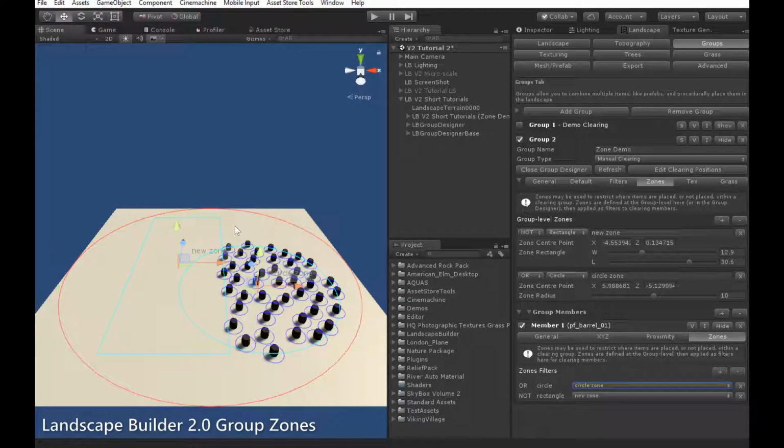Before we move on to texturing grass, I'll just make a clarification about the OR and NOT modes of zones. So OR is inclusive while NOT is exclusive. What I mean by this is that NOT zones always exclude objects from inside of them. You'll never get an object inside of a NOT zone. OR zones, however, are inclusive, meaning that not all objects have to be inside of them if they comply with